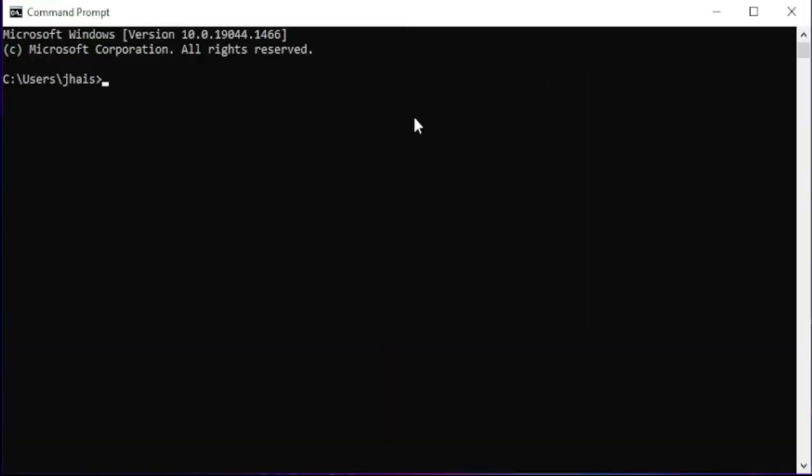then we need to type cd c: slash xampp slash mysql slash bin slash, hit enter, then type again